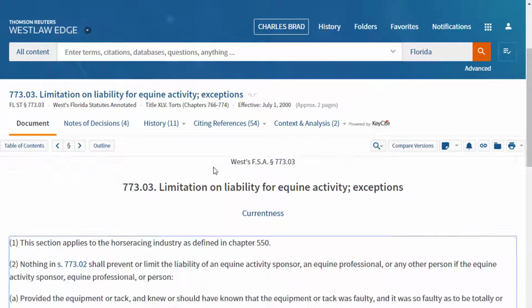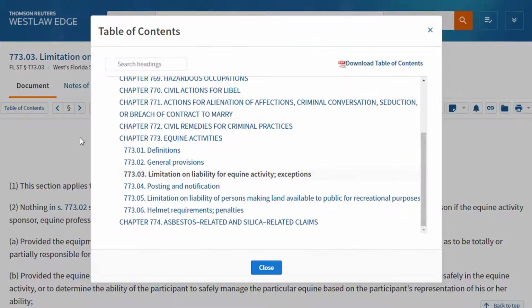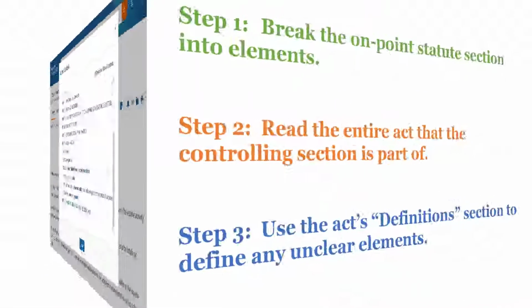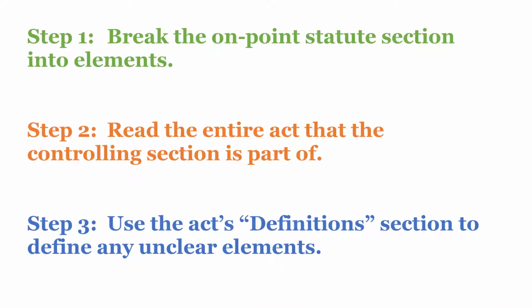And then same thing in Westlaw. Okay, so this is really important. You click on Table of Contents and it shows you the bigger context for things. Okay, now in step 3, this is where we go and we find the definition section,